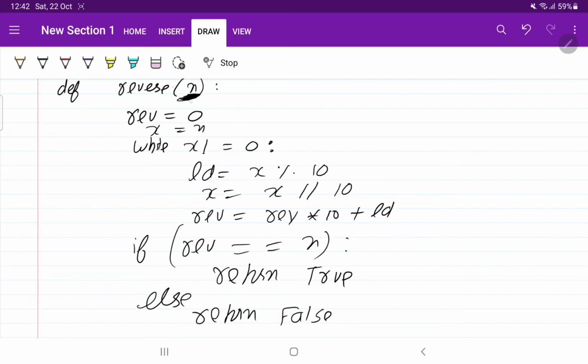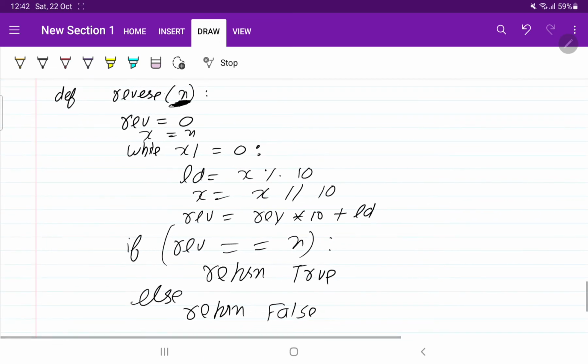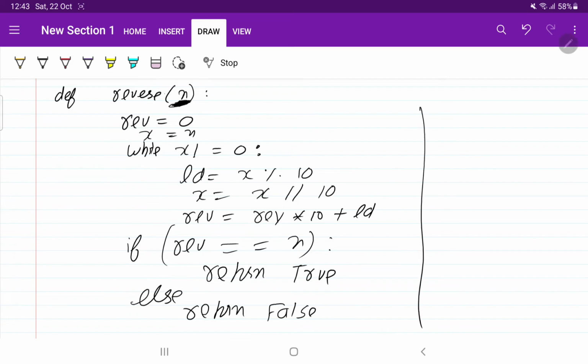Okay, that's why we stored that number in a different variable. So this is the logic. Just think about what I have done. Logic is important, how we have approached this problem. The coding part you will do, I will teach you how to write each and every line. This is very simple, but the main thing is that the logic should click in your mind.